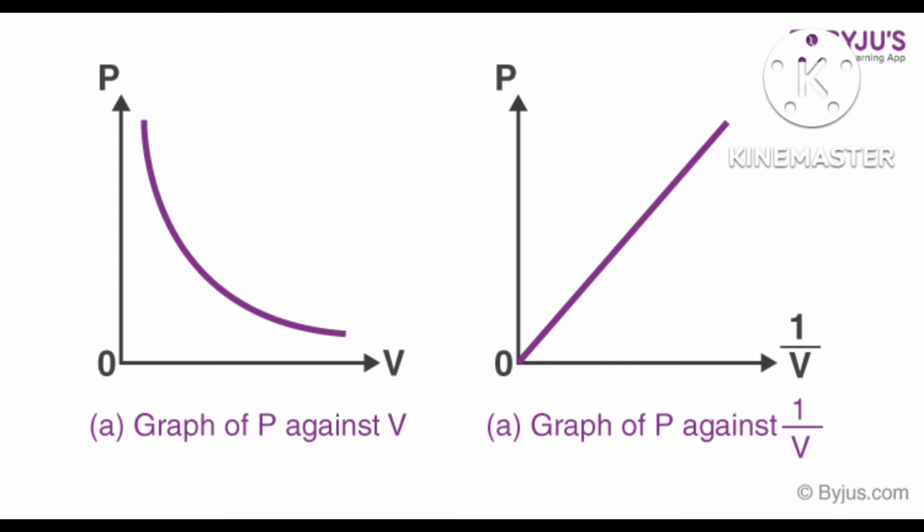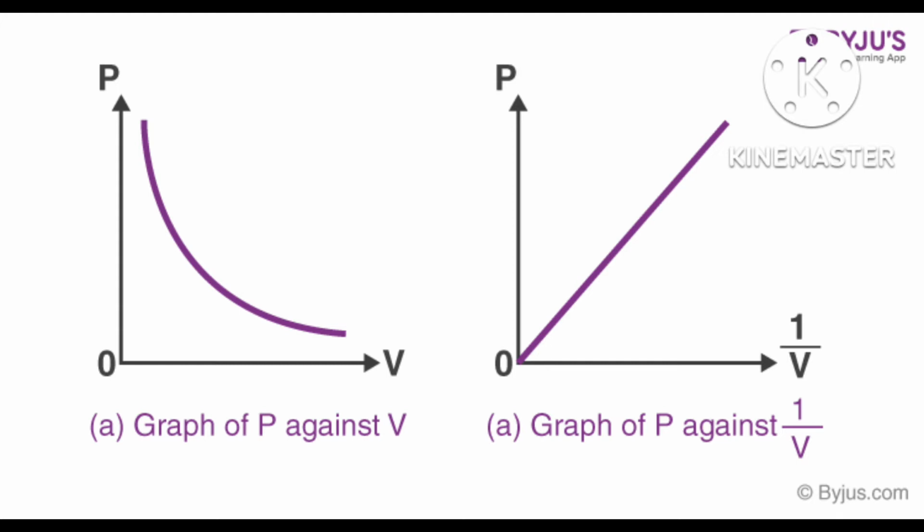Then you will draw one type of graph like this. At a different temperature you can take it for the fixed mass of gas. Then you will get a parabolic type of graph. Okay. So one graph you will get this, and the second graph you can draw, that is also Boyle's law graph,